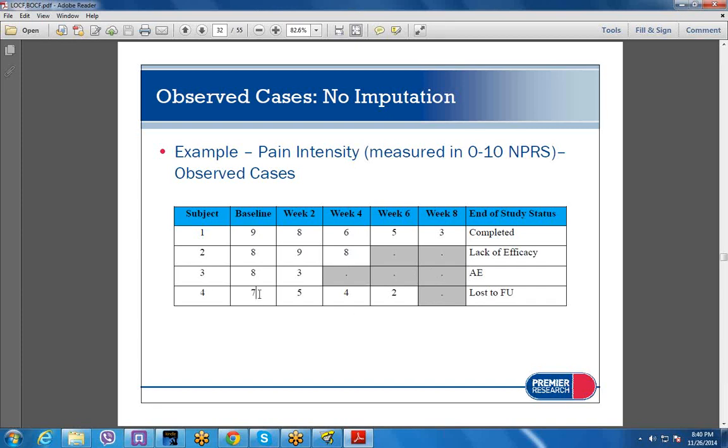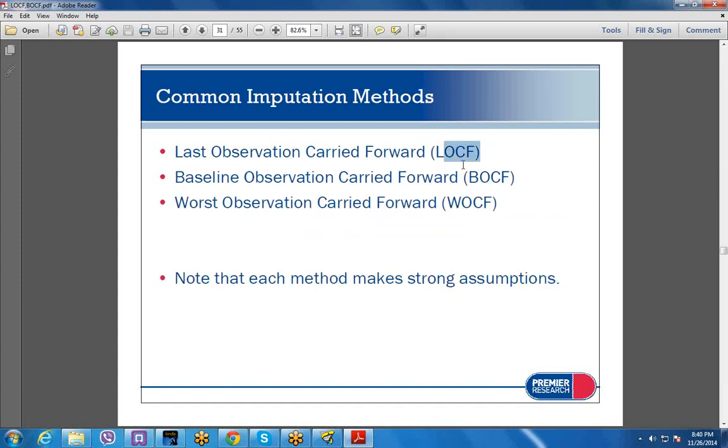Then fourth patient, initially 7, then 5, then 4, then 2, last to follow. Then we missed the patient, means the patient absconded, or we lost the patient, and we don't know where the patient went. Okay, so missing value. Can we calculate on this type of data? No. Then the statistician will tell you which method you have to use, whether to use the LOCF, WOCF